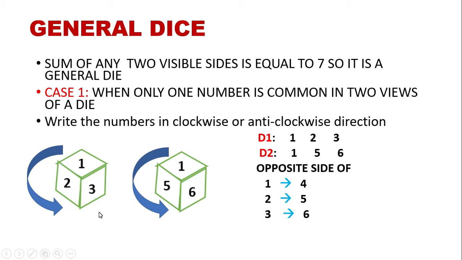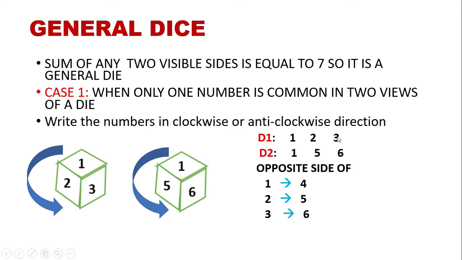In this case I am going to write it in anti-clockwise direction, starting from the common number 1, 2 and 3. Here 1, 5 and 6. After writing like this, it will be easy for us to find the opposite sides. The opposite side of 3 is 6, the opposite side of 2 is 5, and the opposite side of 1